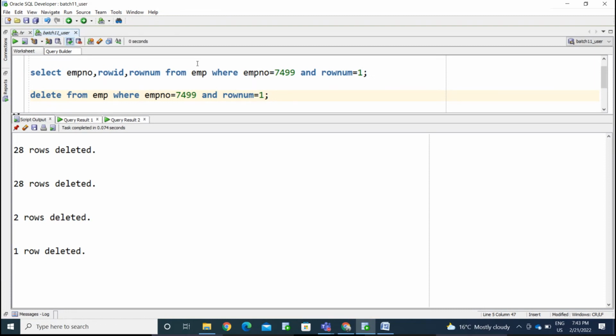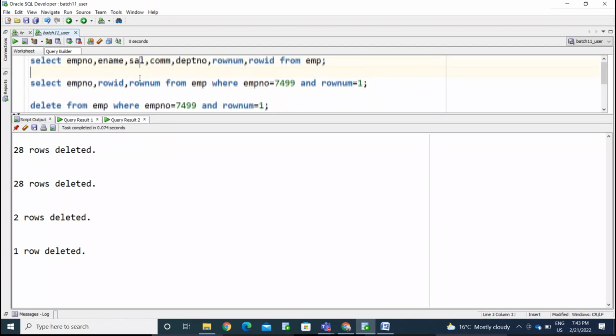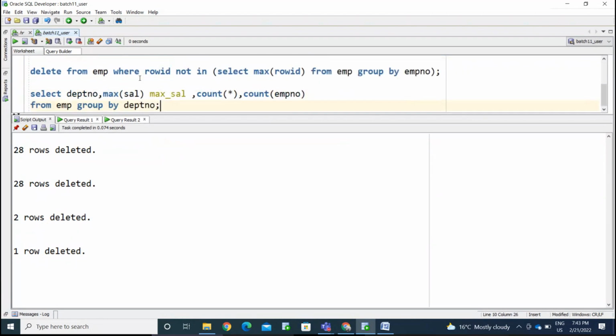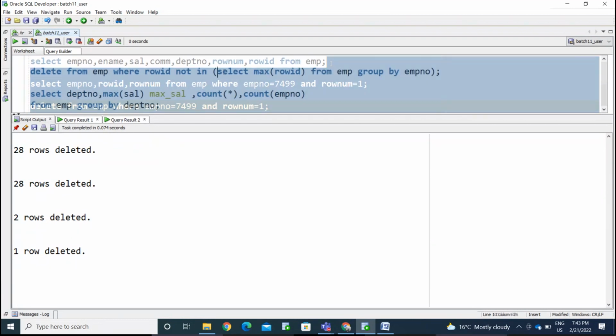Okay, if I have lakhs of records, I cannot delete in this way. Got it, right? I cannot delete in this way, for that reason. So for every group, you are treating every employee number as one group. Every employee number is one group. Now, see, I'm using here